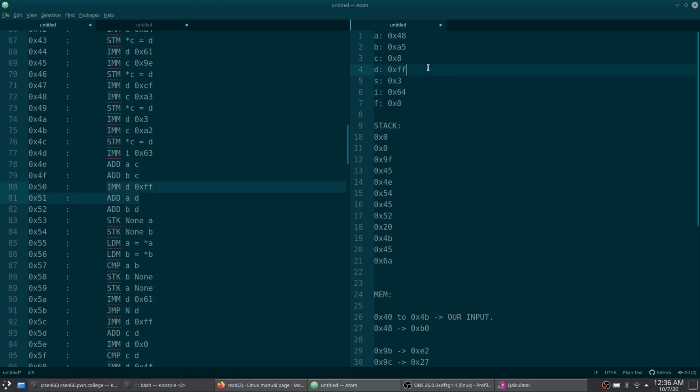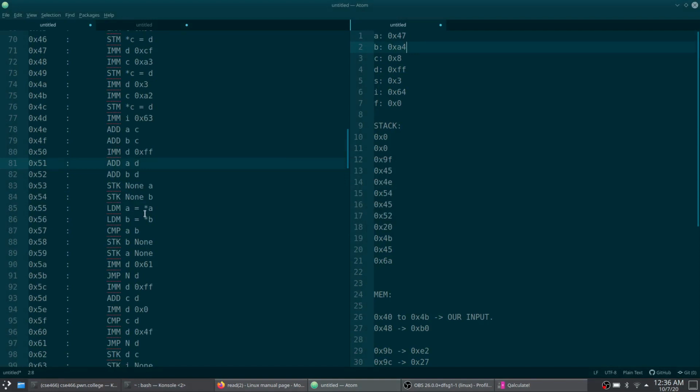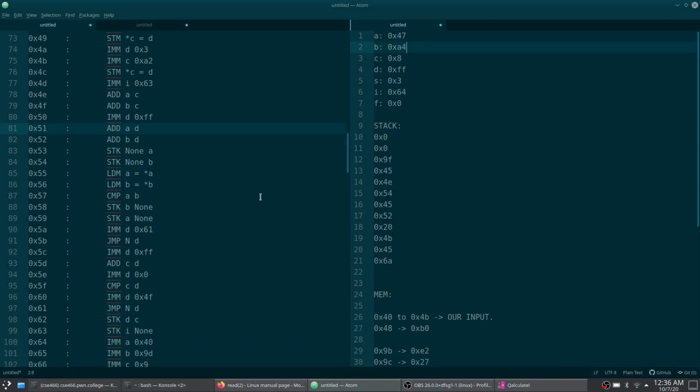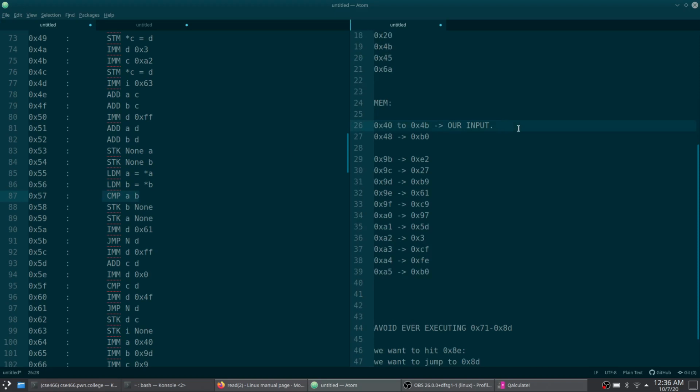So we set D back to FF, and then we subtract 1 from A and D one more time. So 47, A4. And then it turns out we're performing that exact same process over again, where we push them onto the stack, load the dedicated memory values of both of them, and then we compare them. And it turns out we've just decremented. So 0x47